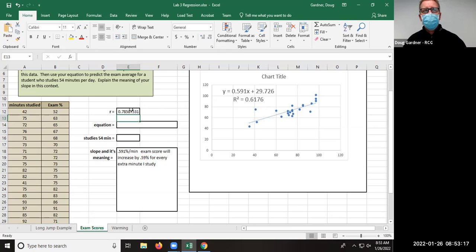So notice the R value here, and I want you to get a feel for this. Notice it's only 78%. So basically I'm making predictions here. Like here, you're making a prediction. If I study for 54 minutes, then what exam grade could I expect to get? Well, you only have sort of a 78% chance that your prediction's really going to be true, because this isn't